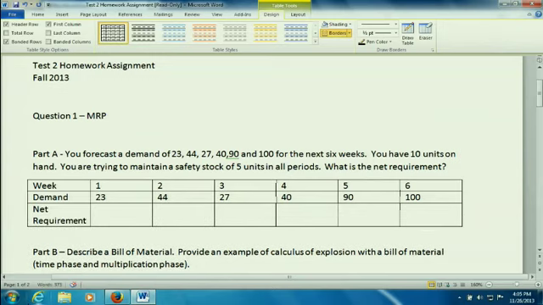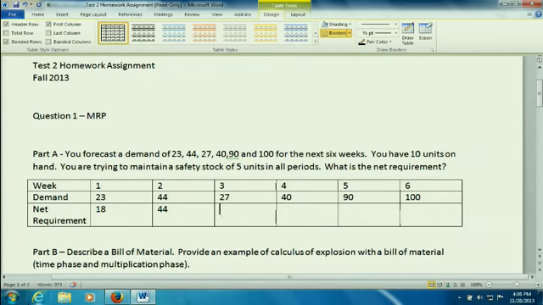But we're trying to maintain a safety stock of 5. Since we have 10 units on hand, but we're trying to maintain a safety stock of 5, what is our net requirement that first week? Is it 23? 18. It'd be 18, right? Because we got to keep a safety stock of 5, but we already have 10 on hand. So it'd be 18,